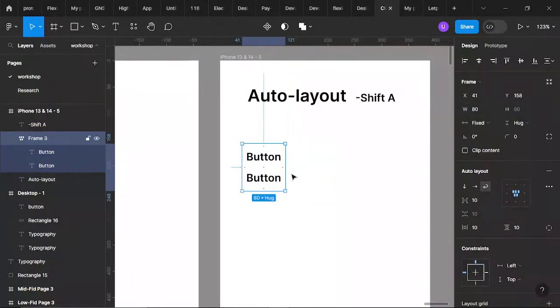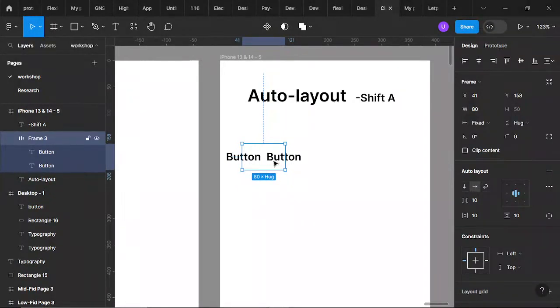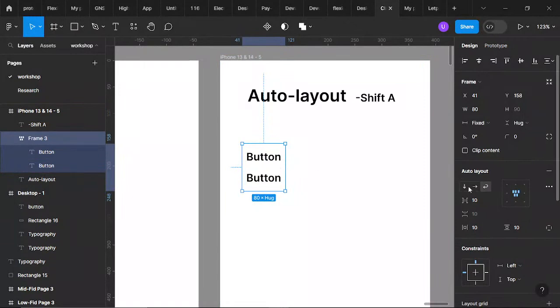So you can see it has reduced the width and brought the second button to the downside. But if you are on vertical, horizontal for instance, definitely it will just spread out and it won't look good. That's just how it works. But let's go back to wrapping. This is now how wrapping works.